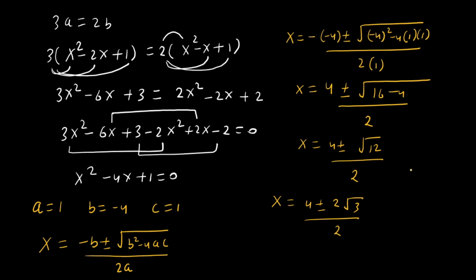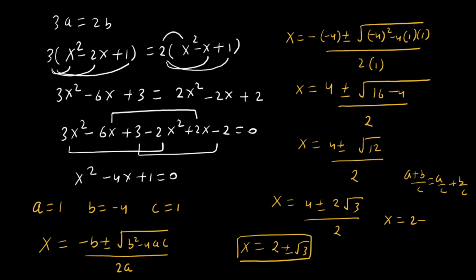Now we know that a plus b over c is equal to a over c plus b over c. If we apply this rule here, then x is equal to 2 plus minus square root of 3. Here there are two possible values of x. The first value of x is 2 plus square root of 3, and the second value of x is 2 minus square root of 3. Here, case second, that is